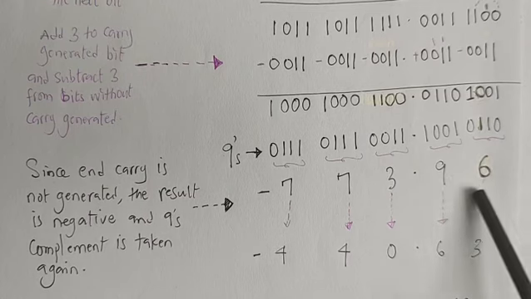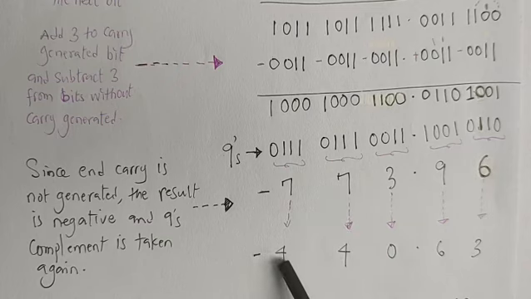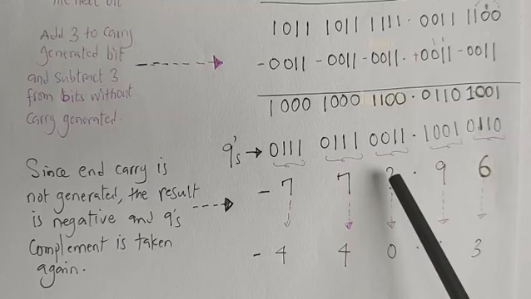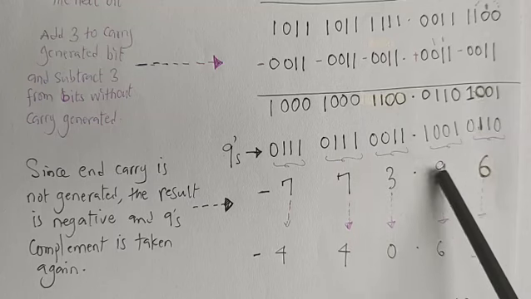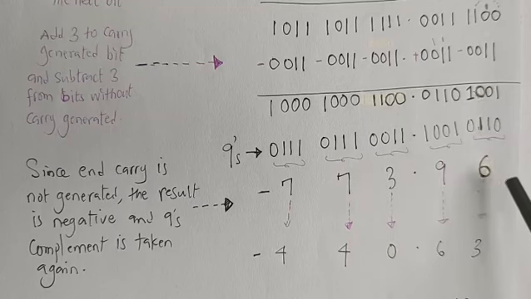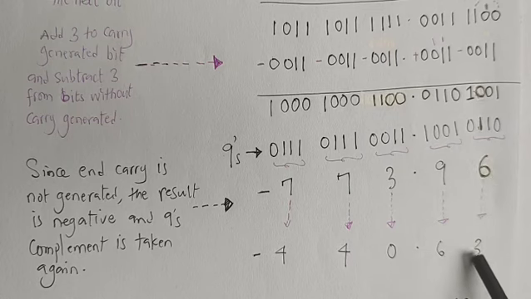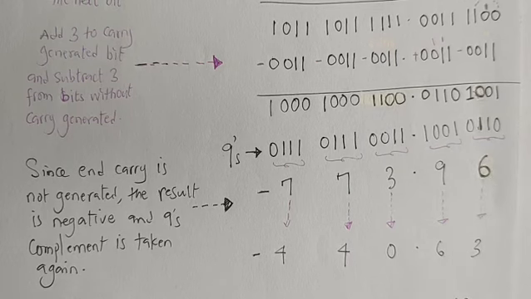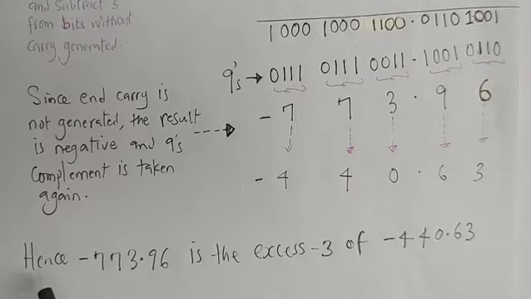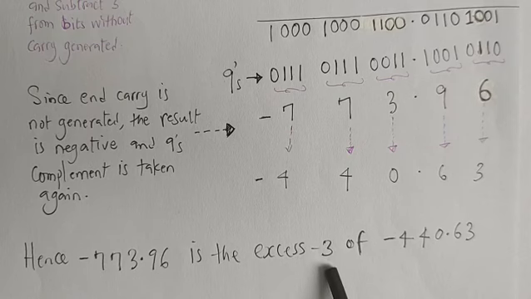All right, so if we have to subtract 3 from each and every digit in this number, we're going to get 4. That's 7 minus 3 is going to give us 4, 7 minus 3 is going to give us 4, 3 minus 3 is going to give us 0, 9 minus 3 is going to give us 6, and 6 minus 3 is going to give us 3. All right. Hence, minus 773.96 is nothing but the excess 3 code of minus